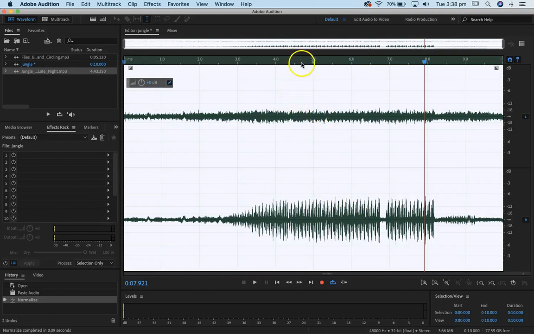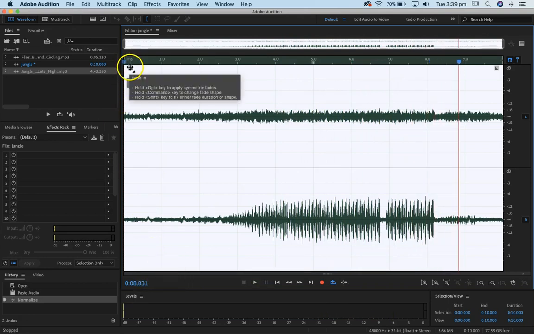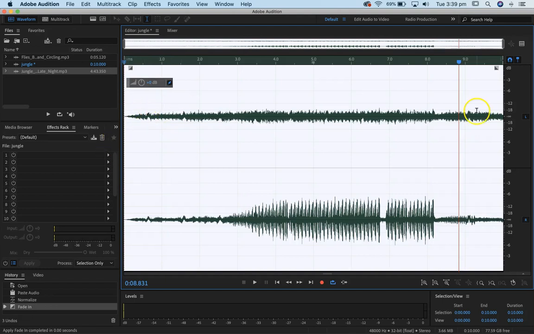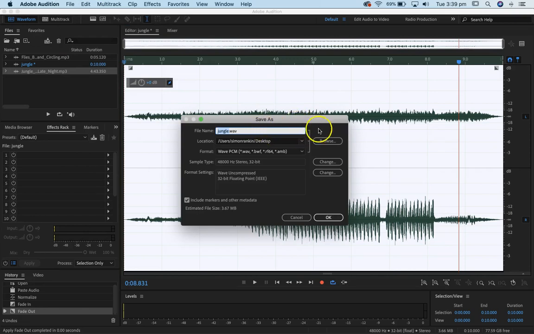You can see now that there's much more waveform, and you can hear that it's much louder. I'm going to fade it in and out towards the end. Like if I pull across this little icon here, it will just fade off the end so that I don't get any kind of click. And then I'm going to save that as jungle, wave is fine, but I think that I might,